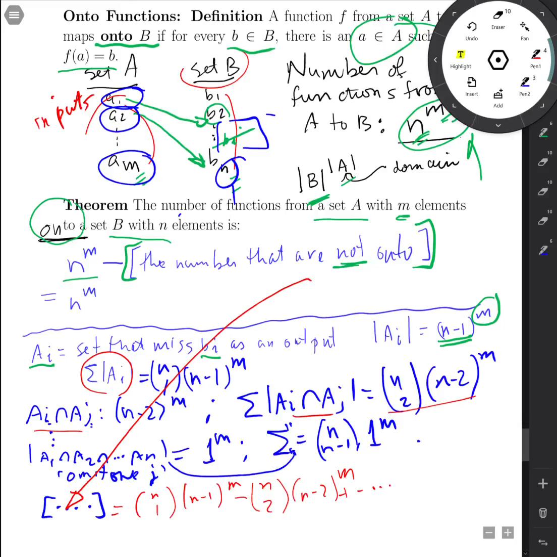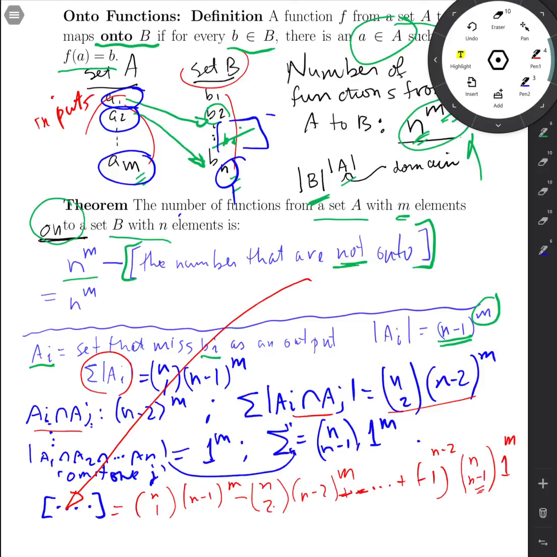And notice the parity here. When we had an even here, we have a minus sign. So the minus 1 is raised to a power that is 1 different than this number here. So I'll write that as n minus 2, 1 different. And then we have 1 to the m there. So that's what we're subtracting, and so I'm going to go ahead and do that, subtract that above, and I'll go back to the blue here and see that what we have there is